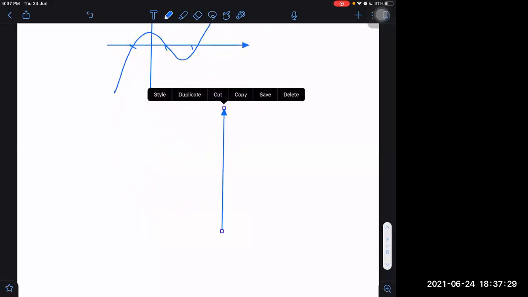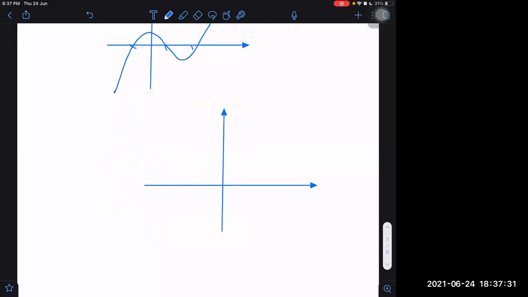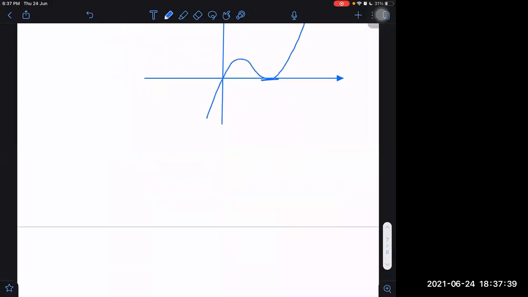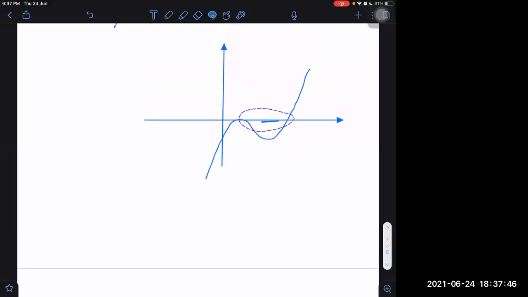But sometimes the cubic graphs are not with 3 roots. Sometimes the cubic graphs are with how many roots? Sometimes it is with just 2 roots. How? In this way, repeated roots. This is just touching, differentiation is 0 at that point. Or sometimes it may be touching in a different way. It may be touching in this way also, right? This is also one possibility. This is another possibility, and one more possibility we can take.